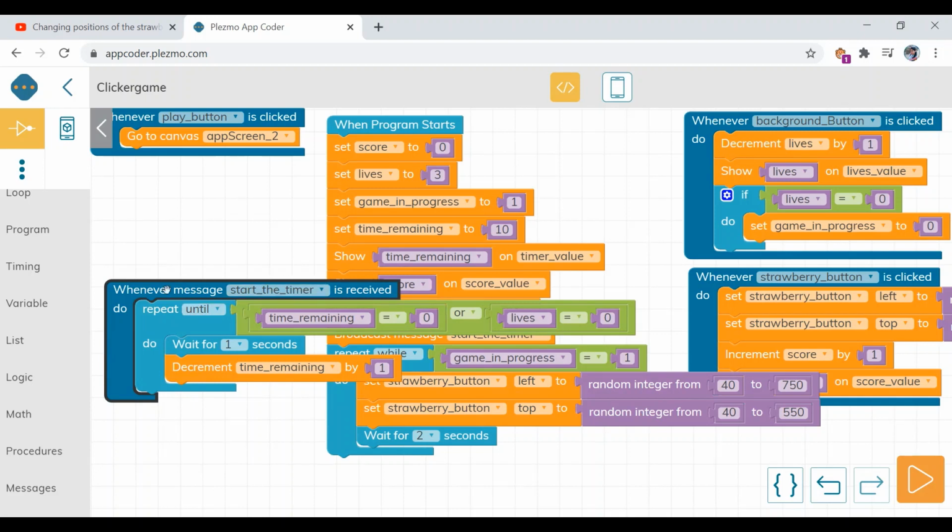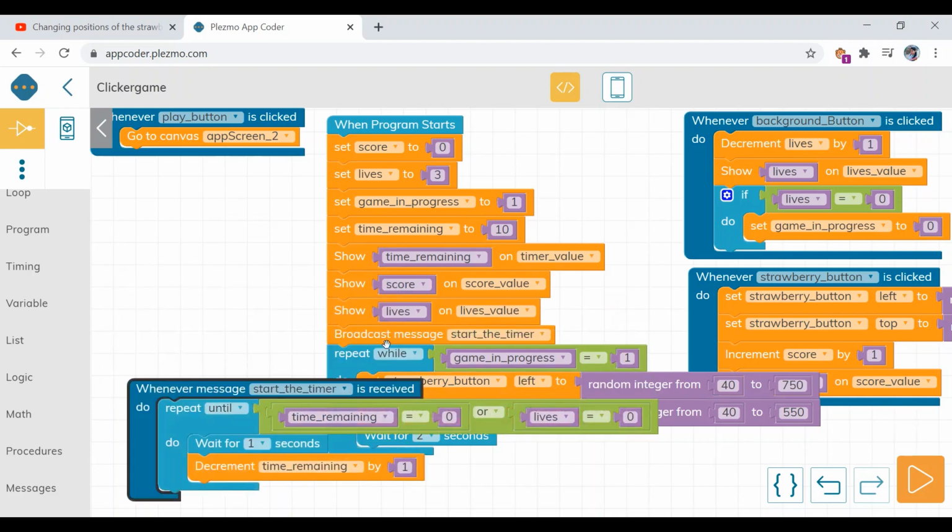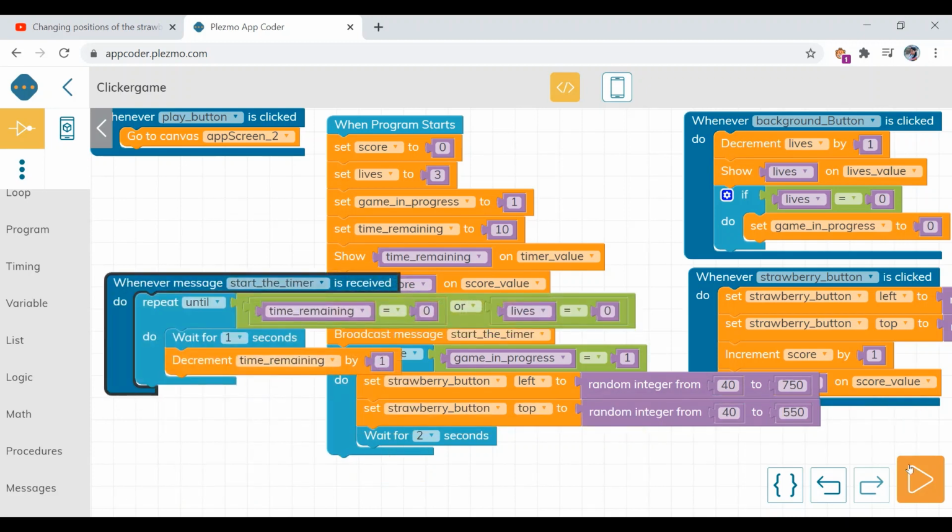And our start the timer message is just above the strawberry button, so the code will execute the timer loop and after that the strawberry loop, so it is happening at the same time. Let's check the execution now.